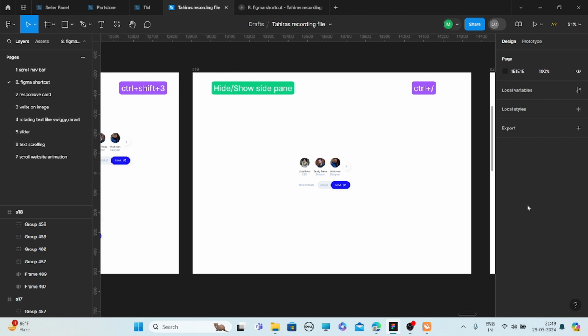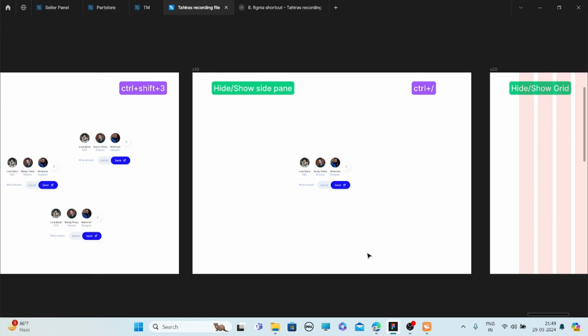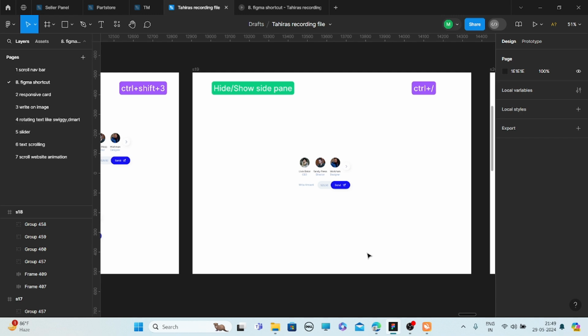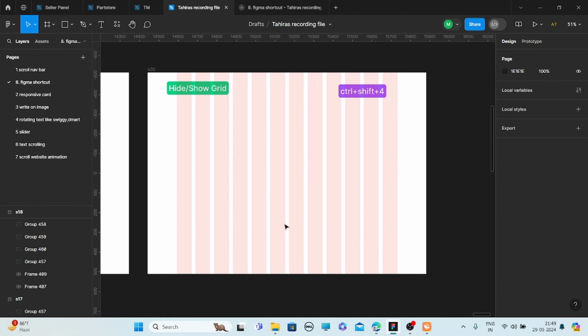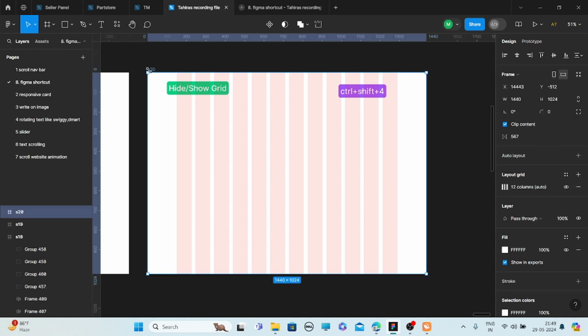For hiding the right panel and left panel, press Ctrl / and if you want the panels again, press Ctrl / again. Now if you want to hide the grid, press Ctrl Shift 4. This is how it works.